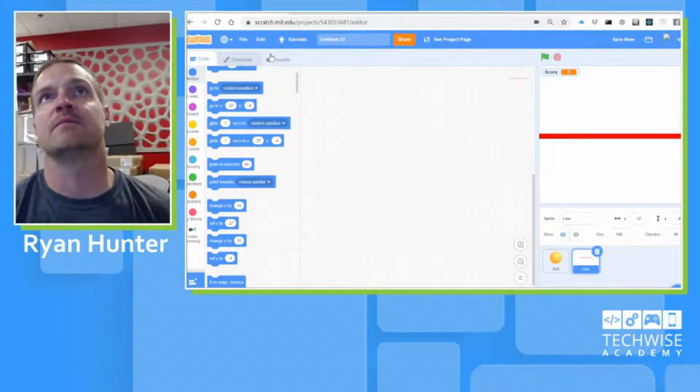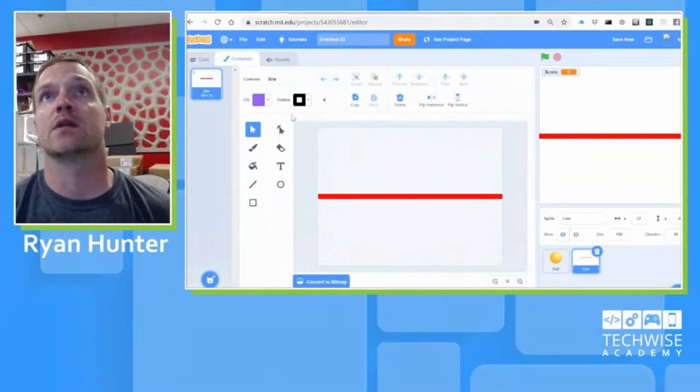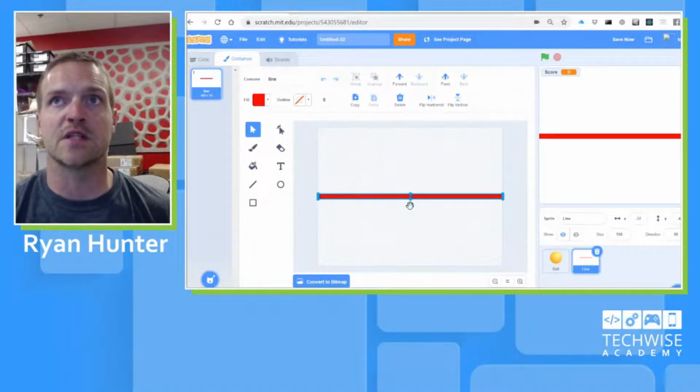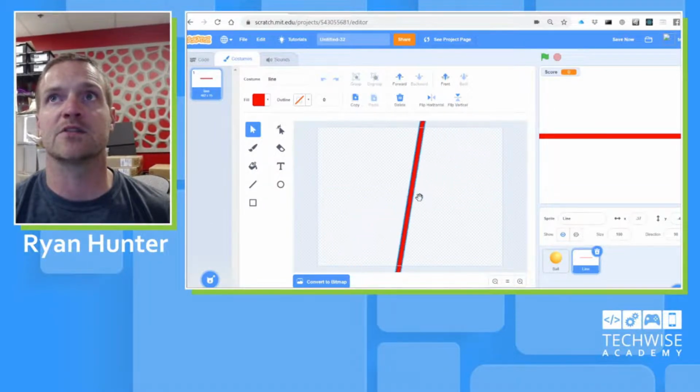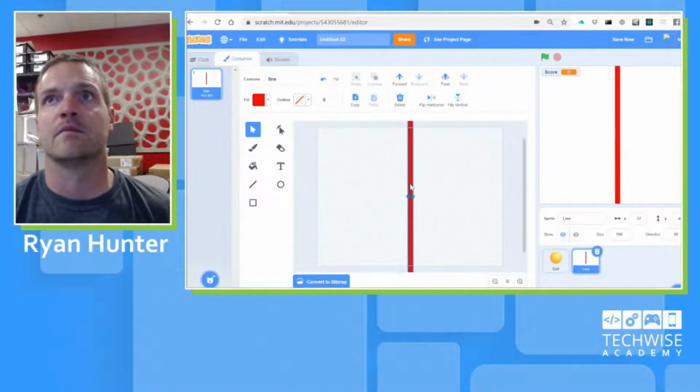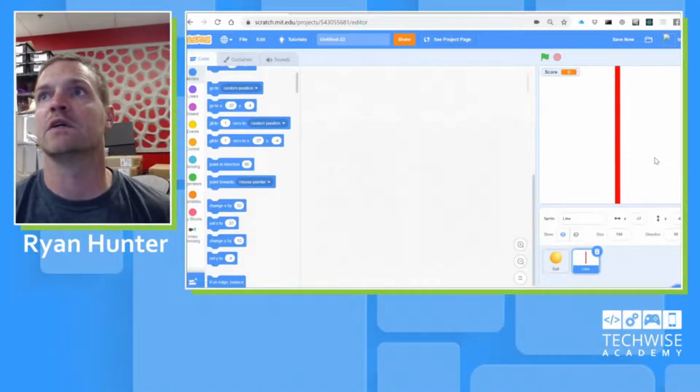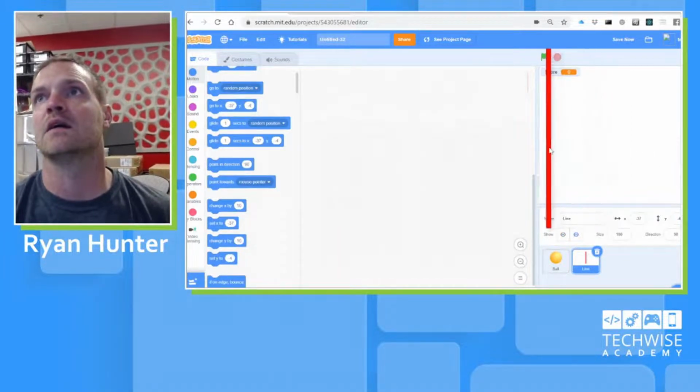I'm going to take this line, I'm going to costumes, and I'm going to rotate it maybe. Yes. So if you click on any of the costumes inside of the costumes tab for a sprite, and you click on it and you see these arrows, that means you can hold the arrows with your mouse button and twist this around. And so I'm going to twist it around. I'm going to leave it there on the costume, but I'm going to move it over here. That way